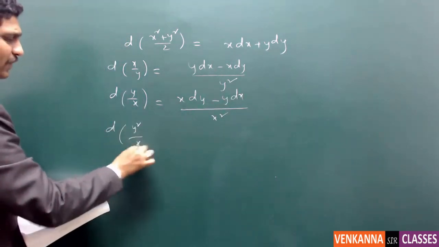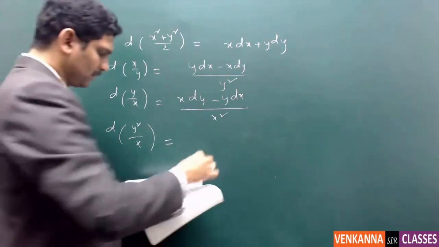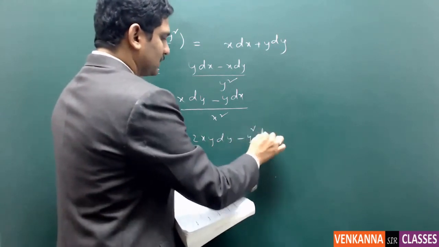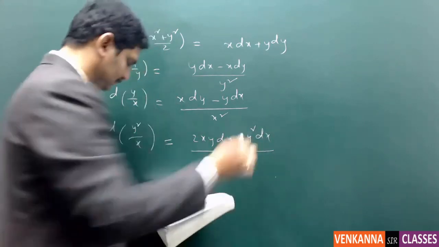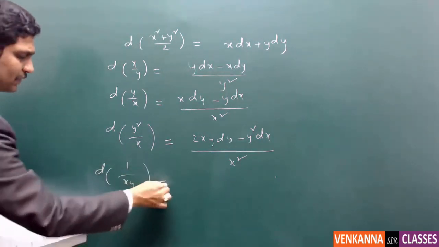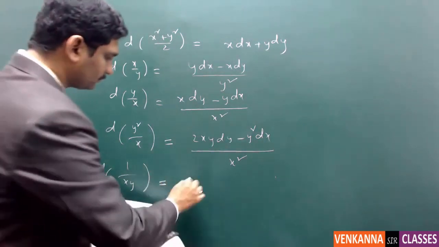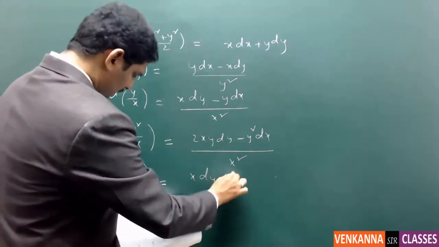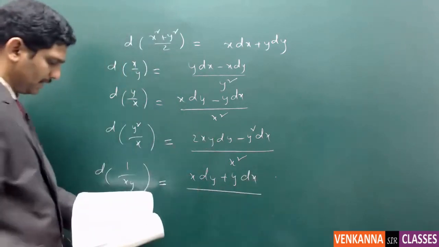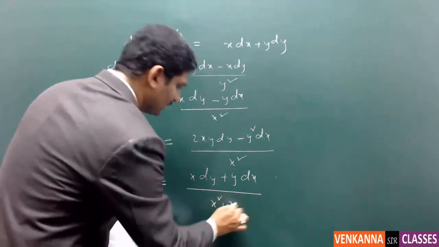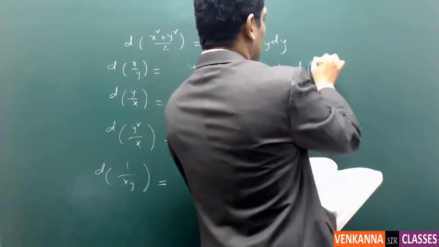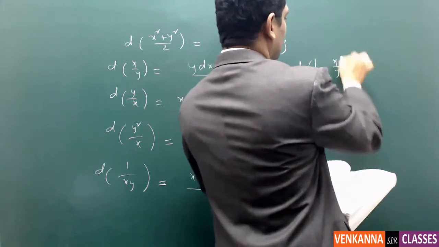Derivative of y square by x is equal to (2xy dy minus y square dx) by x square. Derivative of 1 by xy is equal to minus (x dy plus y dx) by x square y square. Derivative of log of x by y equals to